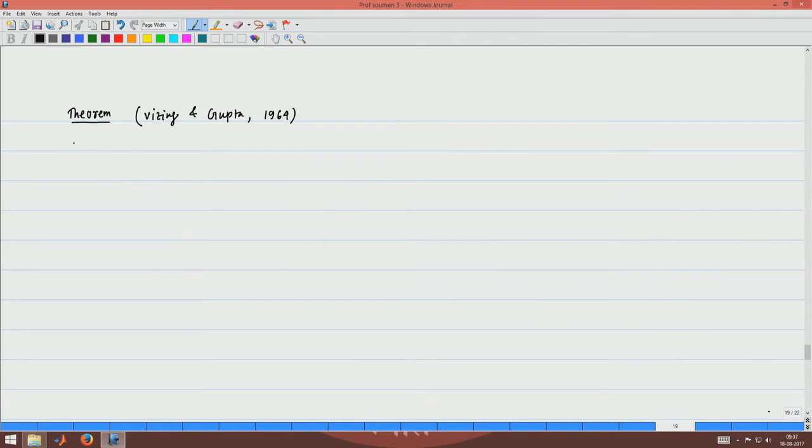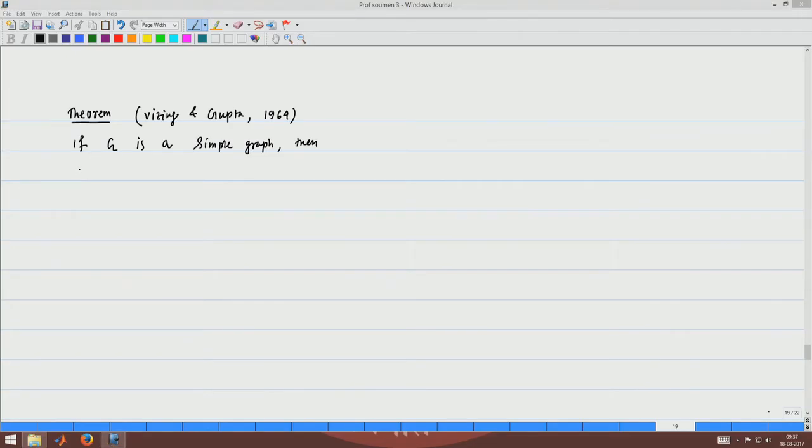It says that if G is a simple graph, then chi prime G is less than or equal to delta G plus 1.